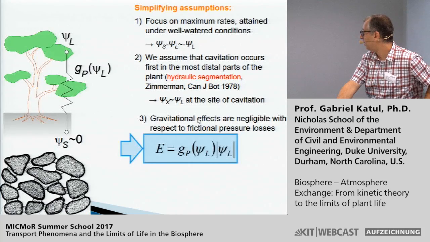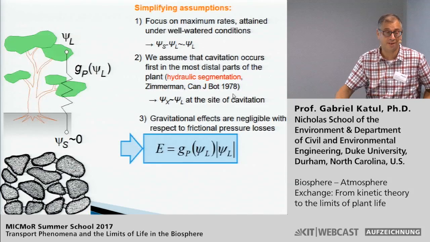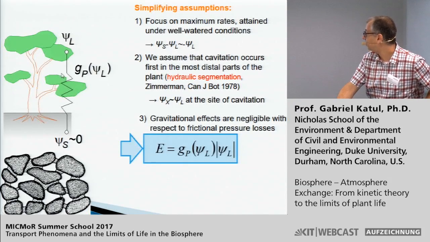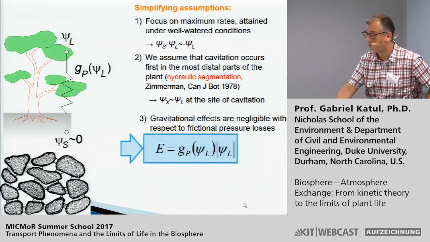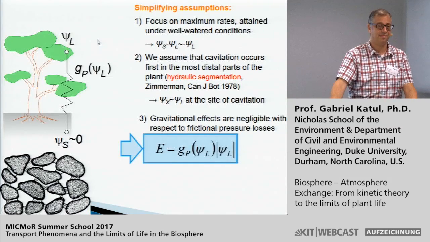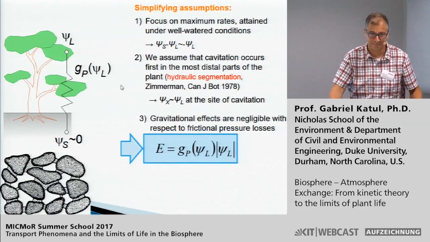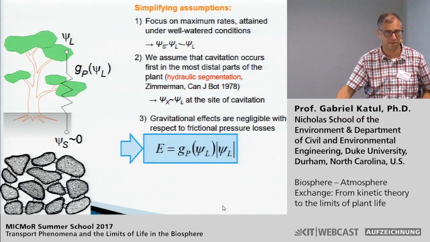And if we assume that we're not dealing with trees that are 120 meters, as Nadine mentioned, but with trees that are more like 20 meters maybe, we could drop the gravitational potential relative to the pressure potential. So under those conditions, we can say that because the soil is wet, the maximum transpiration rate that can be supplied to the leaf is dictated by the vulnerability curve, GP, that varies with the leaf pressure, multiplied by the leaf pressure, because the driving force is now entirely leaf pressure. Great. So now we have simplified the math a lot. Now we can do a lot with this simplified model. If you haven't figured out the theme of this lecture, it's all about simplification to the max.